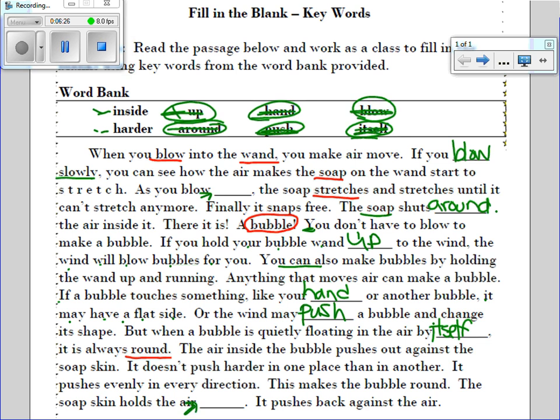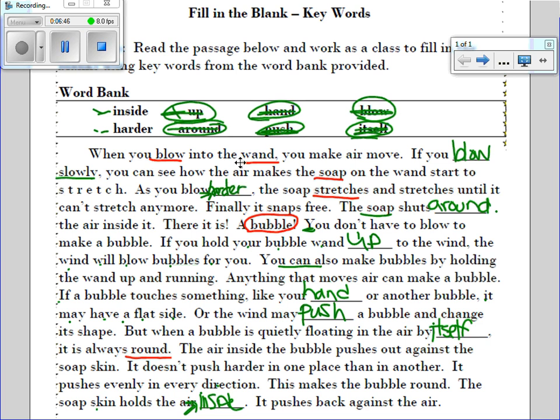It doesn't push harder in one place than in another. It pushes evenly in every direction. This makes the bubble round. The soap skin holds the air. Oh, harder definitely doesn't make sense in there, so I think this one will be inside. It pushes back against the air, and then that one means that this one up here would have to be